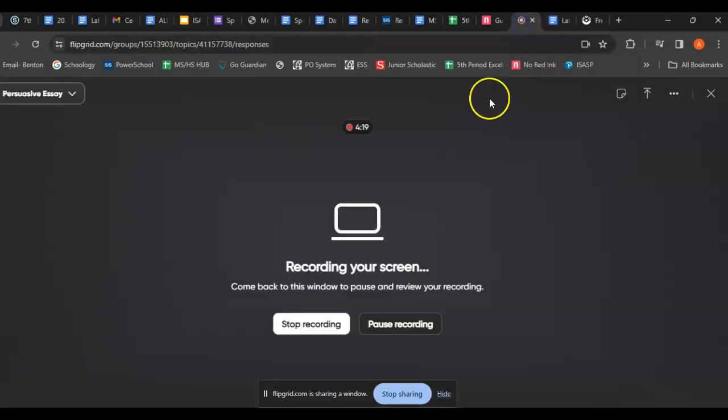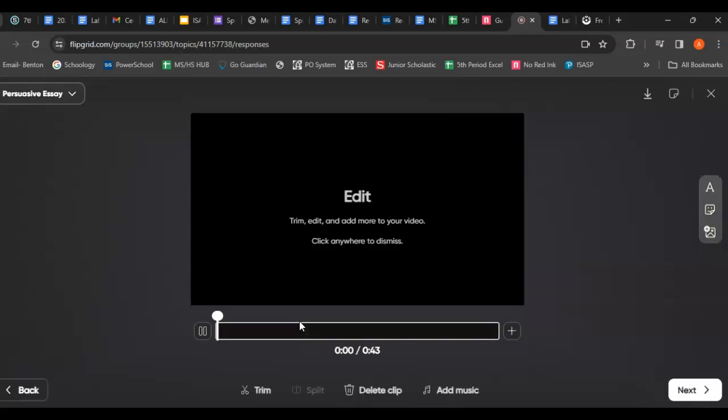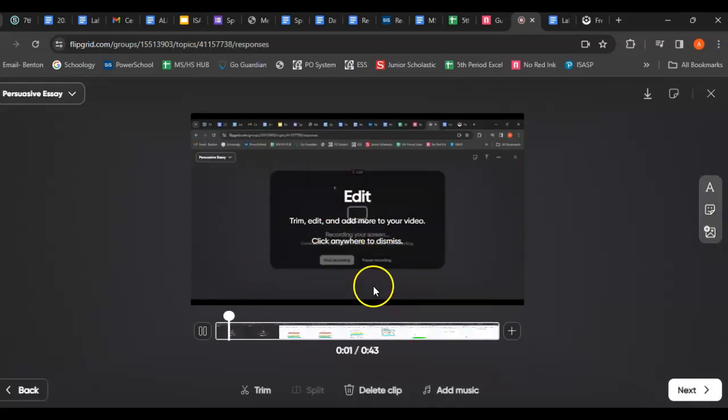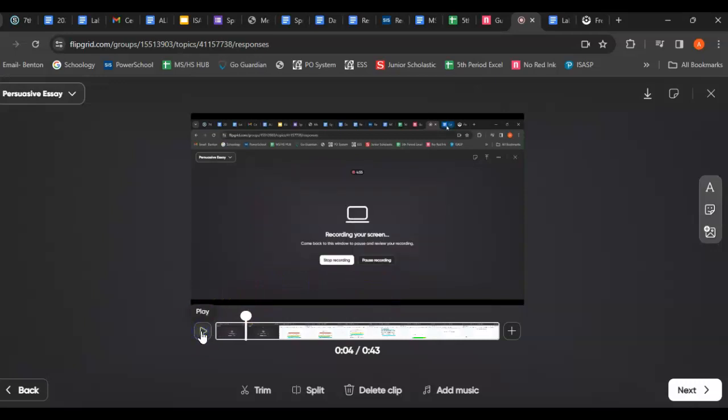Then you go back to Flip and click stop recording. You can always preview what it looks like, your video. If you do not like it, you can delete it and redo it. If you like it, you can click next